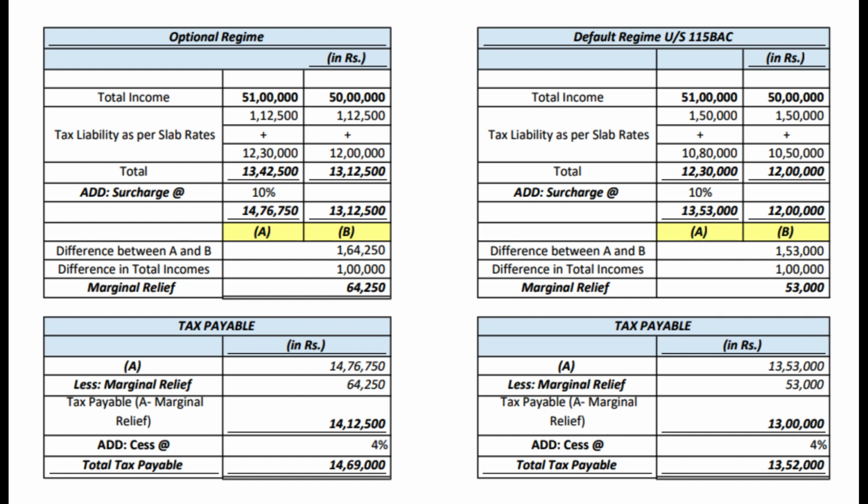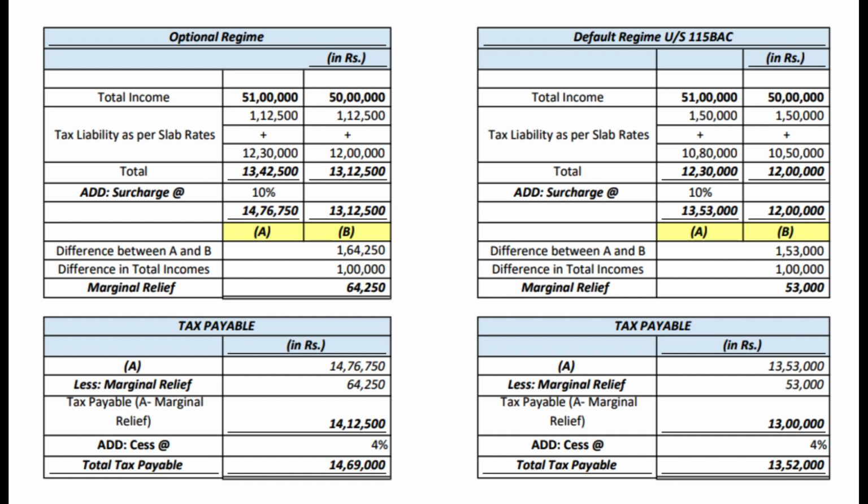Marginal relief is calculated as follows. It is nothing but the difference between the tax liabilities in both the cases. That is, in case A where the total income is 51 lakh and case B where the total income is 50 lakh, the tax payable is 14,76,750 minus 13,12,500. So the excess tax the assessee is paying here is 1,64,250, and the total income has been increased by rupees 1 lakh only. The difference in tax liability minus the difference in total incomes is the marginal relief amount. So 1,64,250 minus 1 lakh, which is rupees 64,250, will be the marginal relief